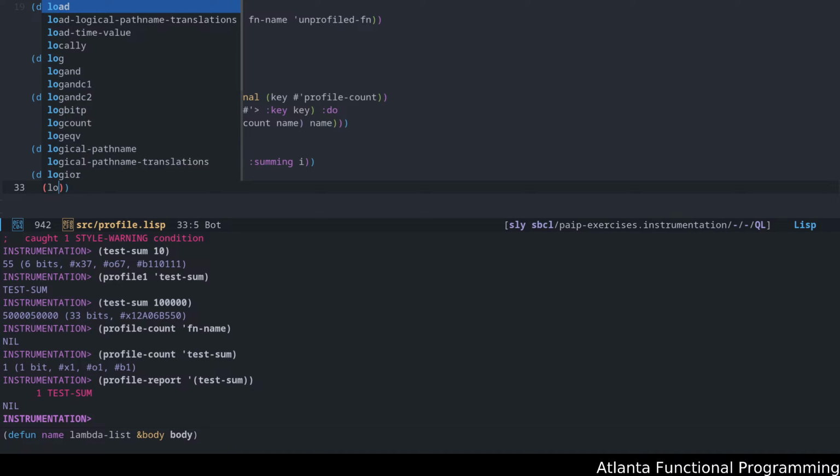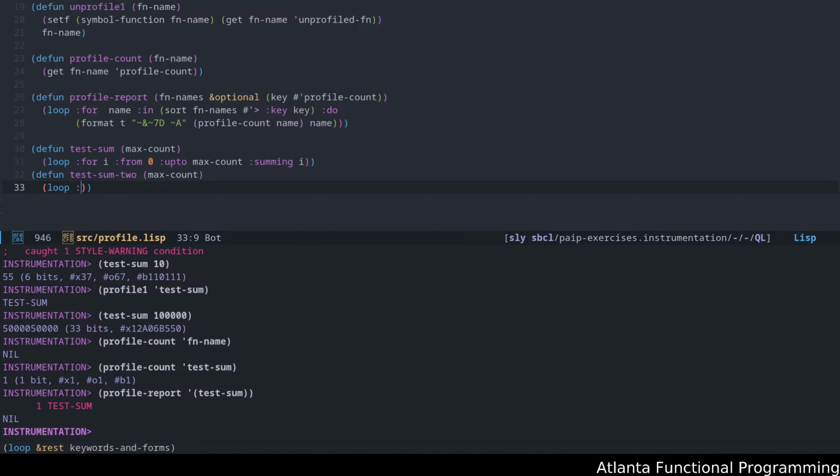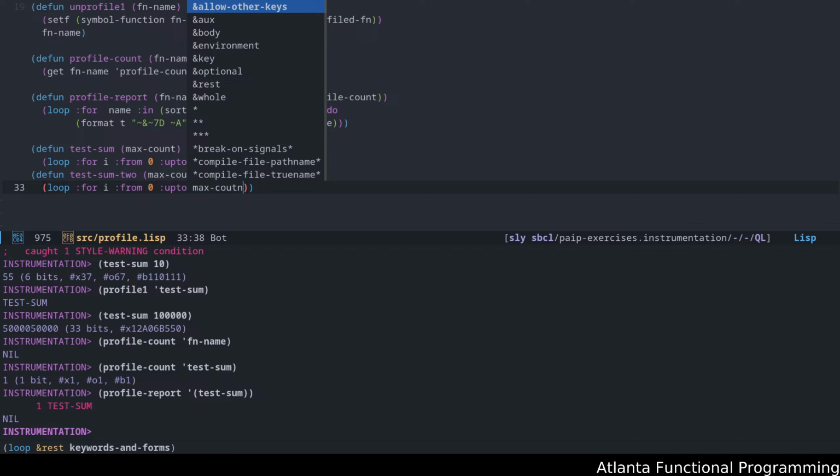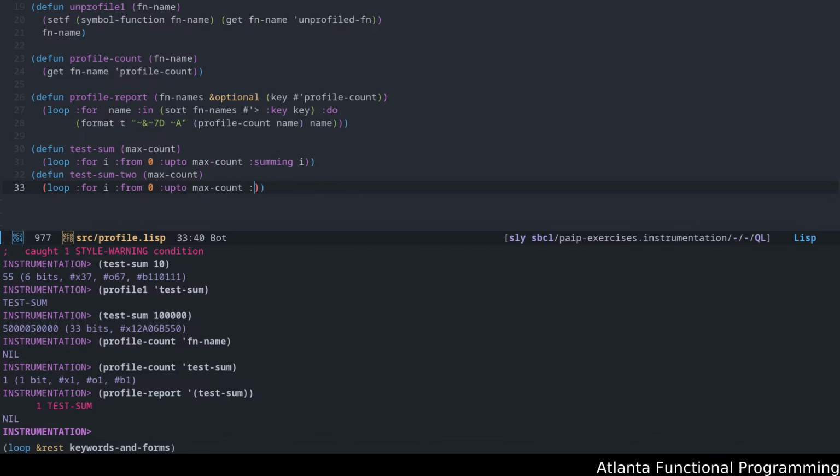Loop for I from 0 up to max count, do, and we can just call test sum here.